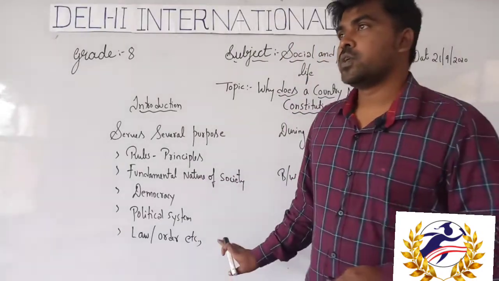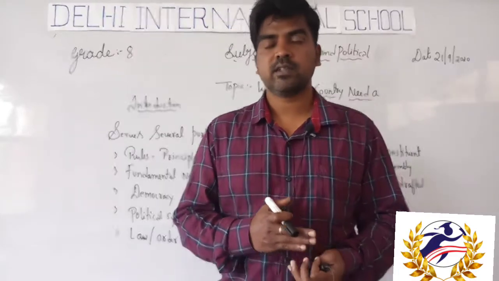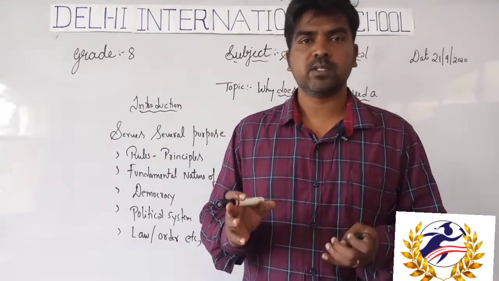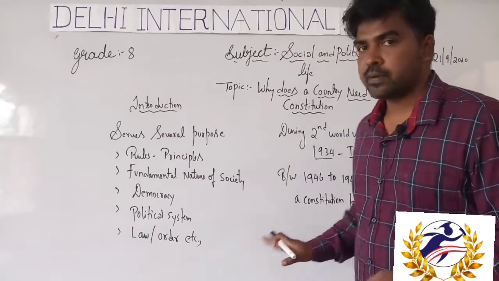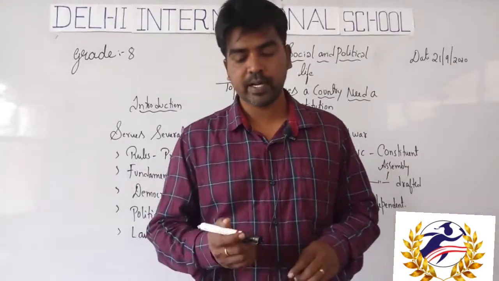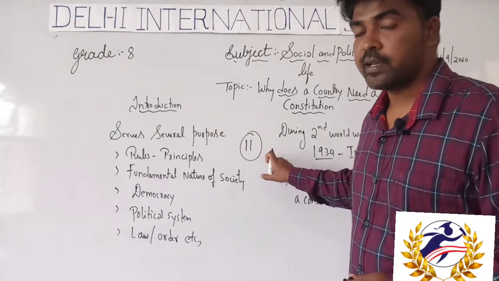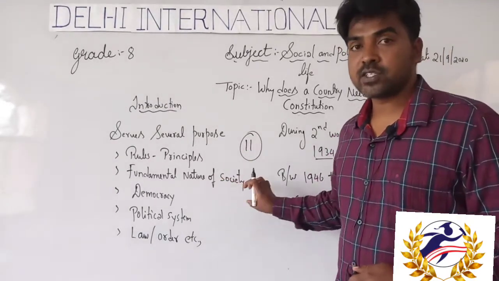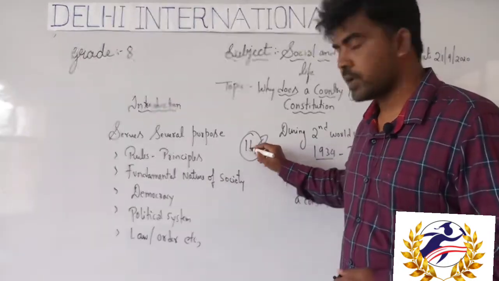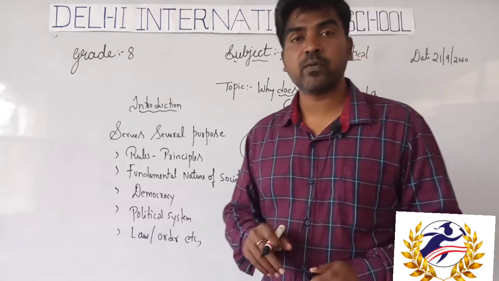Okay students, there were many people involved. Jawaharlal Nehru was there, Dr. Rajendra Prasad, Sardar Vallabhbhai Patel, K.M. Munshi, many important icons were there, and the most important person was Dr. B.R. Ambedkar, who was responsible for the drafting committee. There were 11 committees to frame the Constitution of India. Out of the 11, Ambedkar was the chairman of the drafting committee, which was the important committee.